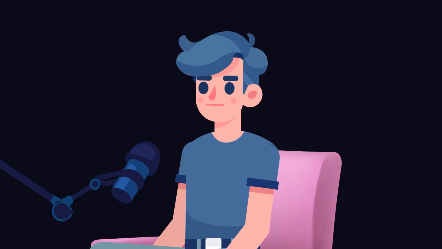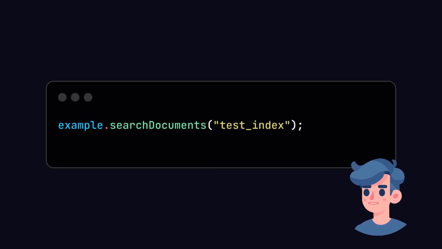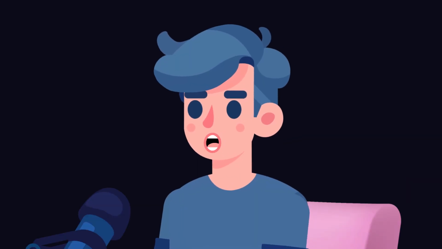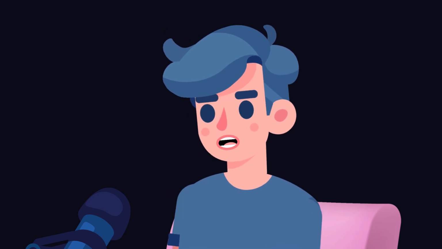Let's verify that our document was indexed properly by performing a search. To search for documents in Elasticsearch, we'll use the SearchRequest class. Add a method called searchDocuments in our class as follows. Now we can call this method in the main method after indexing the document to see the search results. Run the application, and it should now display the total hits obtained from the search query, indicating that our indexed